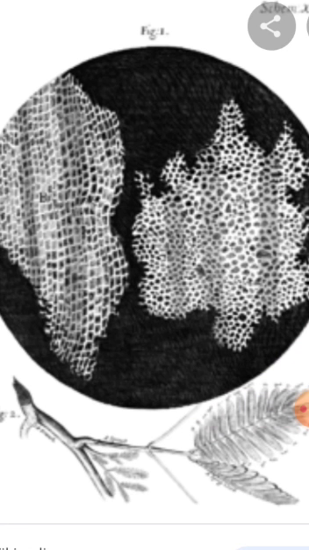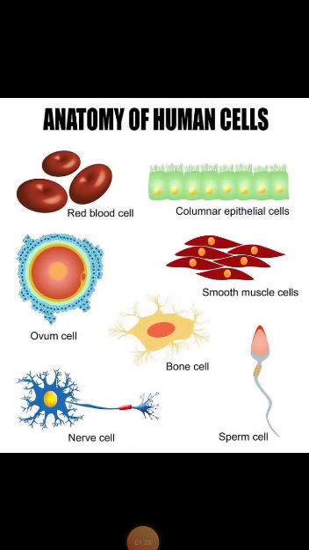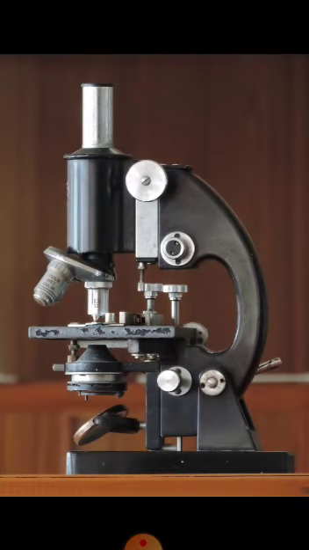Depending upon the function they perform, cells are of various shapes and sizes. Like, as you can see, cells of smooth muscle, blood cell, bone cell, nerve cell, ovum, sperm and fat cell. Now, let us learn about the components of the cell. When we observe a cell under a microscope, the three main components we come across are the plasma membrane, also known as the cell membrane, nucleus and the cytoplasm.